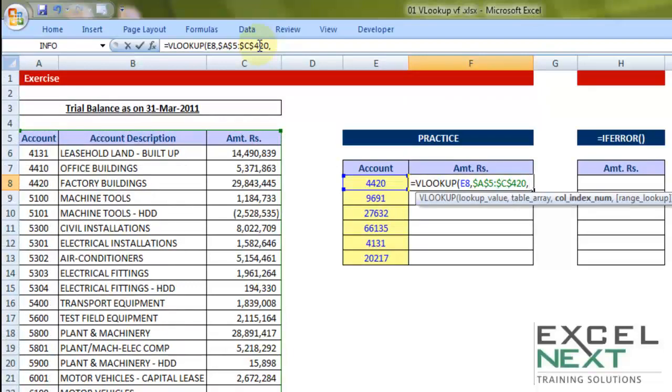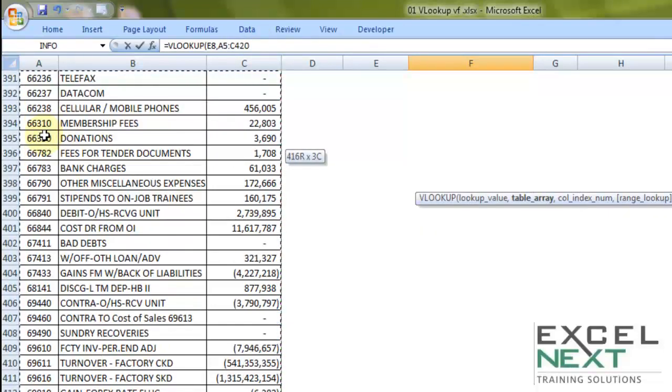Now even though we may remember using F4 comma almost all the time in table array, one problem still exists. Let me go back a step. You would have chosen the table array. Now for a moment you forgot to use the F4 key, so you pressed a comma. At that very instance you remembered that you need to press F4, so you backspaced it.